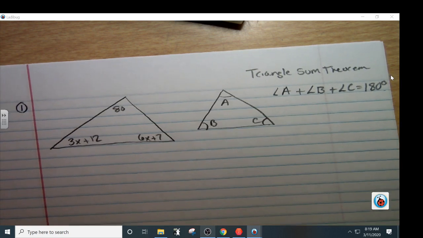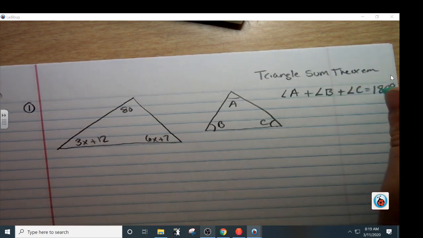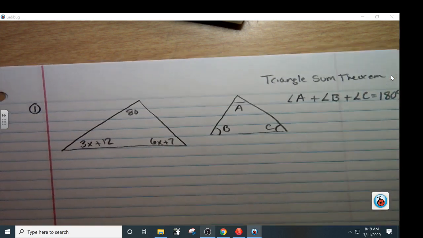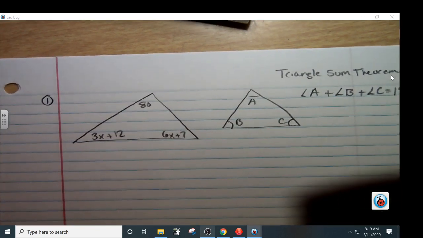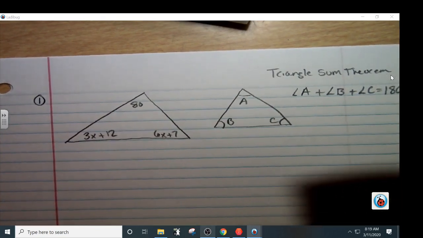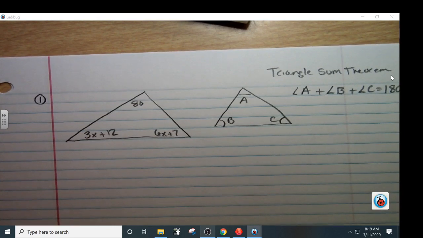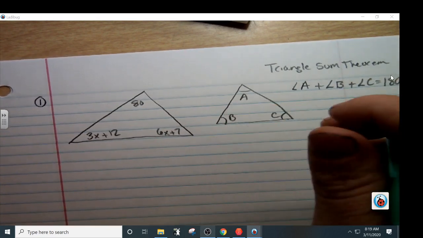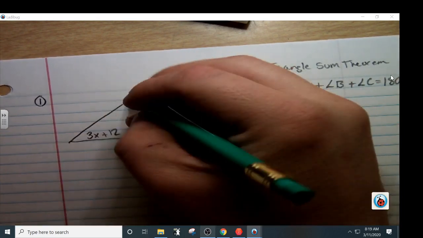Now, guys, this goes with the triangle sum theorem. When we do the angle sum theorem of different polygons, it'll hold true to that as well. All right, so that being said, guys,